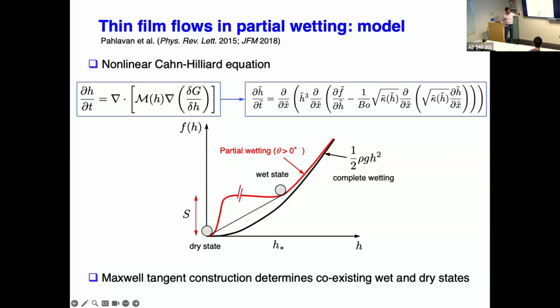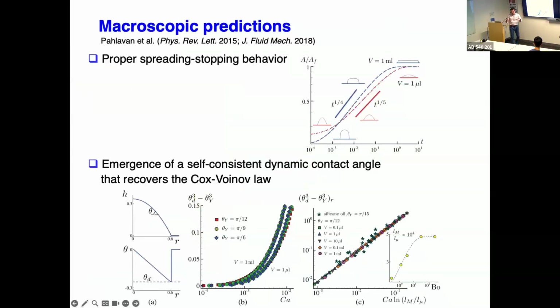And the model then makes other predictions, like the rate of spreading is different. This is without any further tuning or anything. The rate of spreading of the puddle is different if you have a large puddle or a small puddle, because the driving forces are different, right? So these different power laws for the rate of spreading reflect that automatically. And then microscopically,